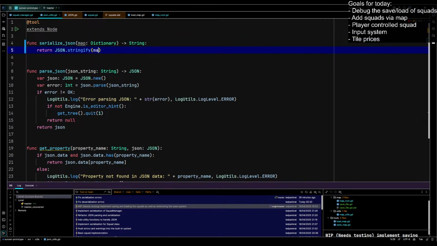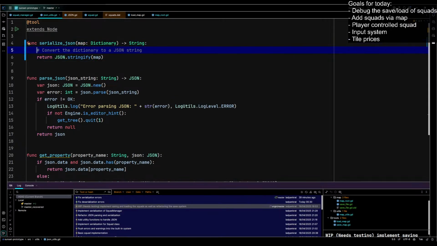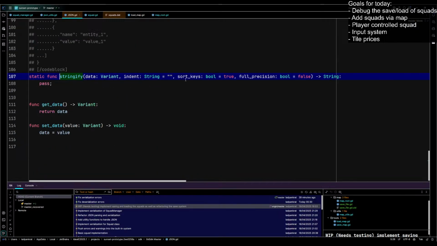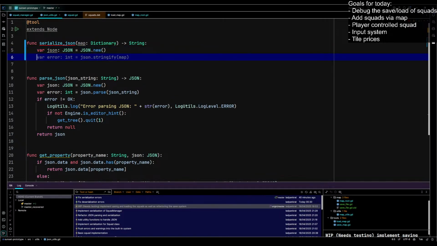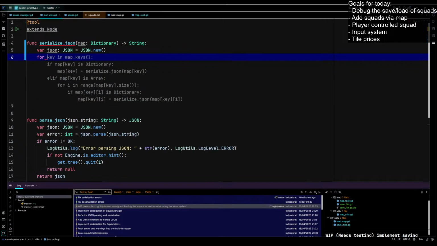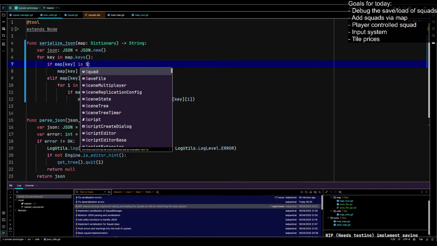Let's use a different approach. If map e is a string,